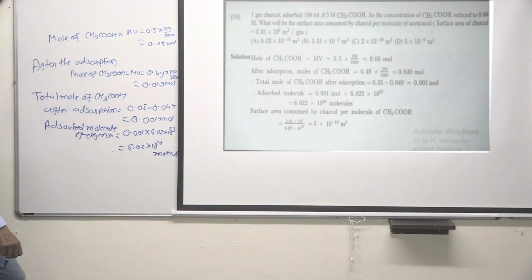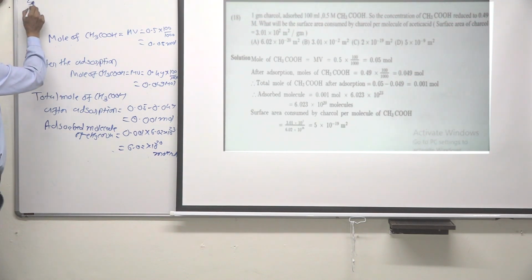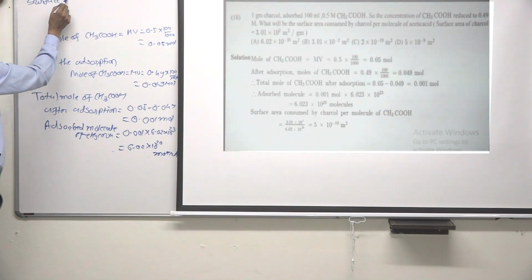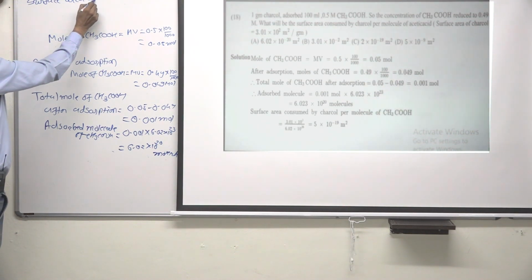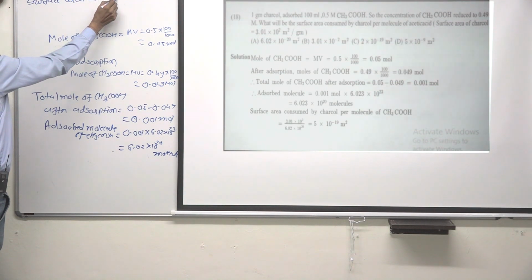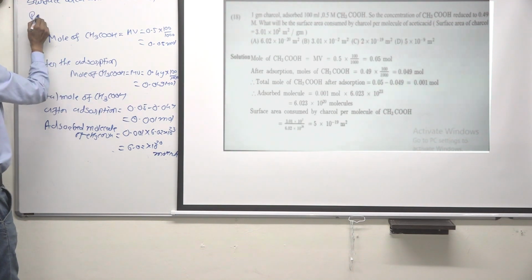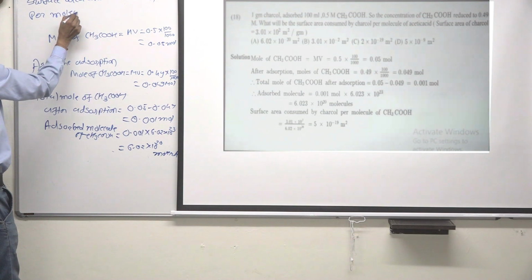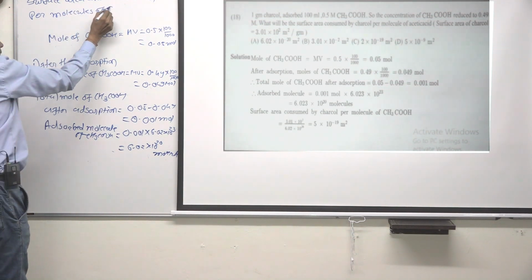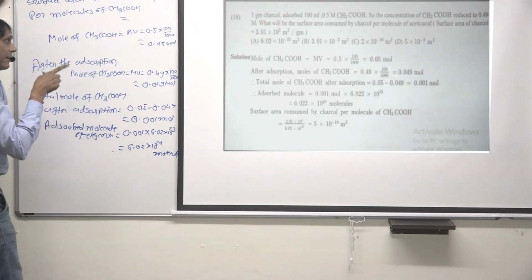Now the question asks the surface area consumed by charcoal per molecule of acetic acid. So surface area consumed by charcoal per molecule of acetic acid, not per mole, is equal to, in the question they have given